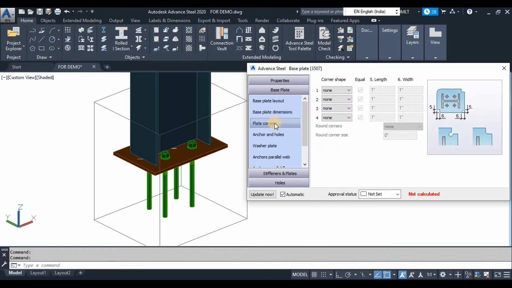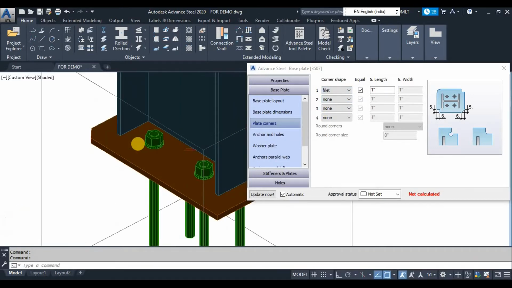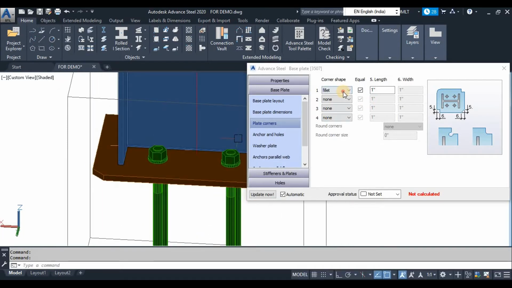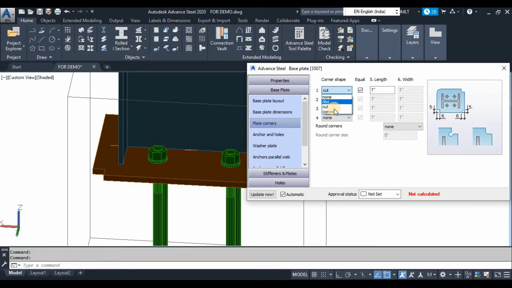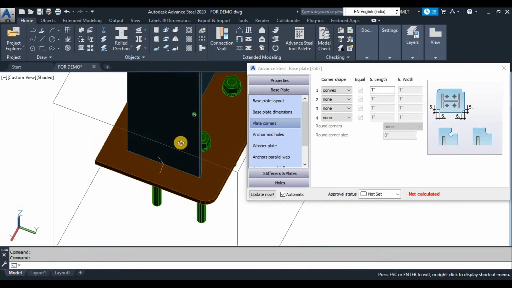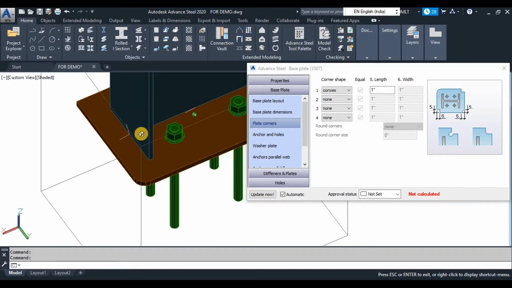So this way, base plate corners. Here you can do the corner treatments. Let's say if you would like a fillet, if you add the fillet, you will see this corner is marked as a fillet. If you want to cut it like this, you can cut it. If you would like a convex, like round, you can do the round.